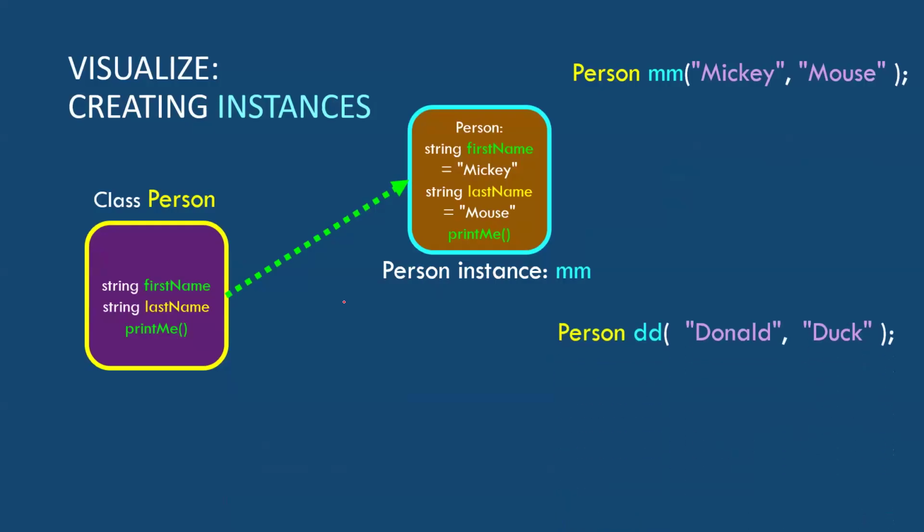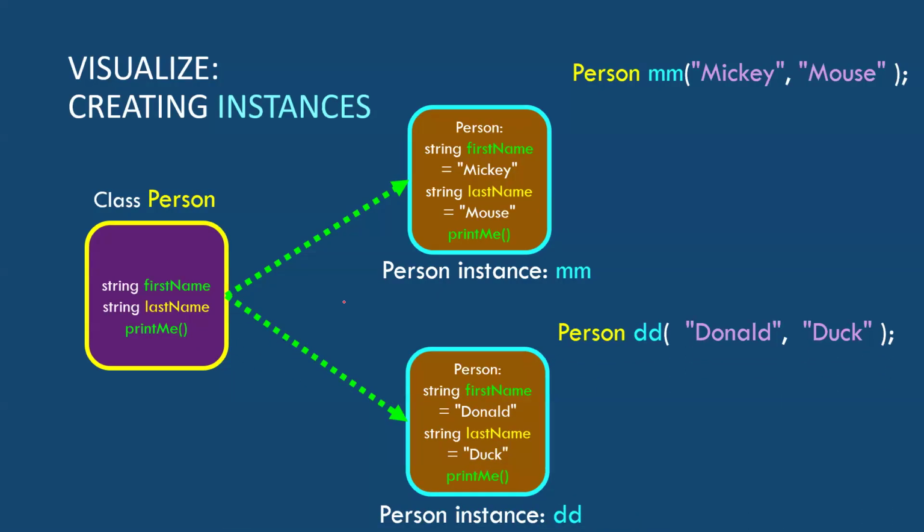Okay, so when we do this, again, just remember person is the factory, the instances are what we create, right? And so they actually carry with them not only the data members, but remember that the actual code for the print me lives inside the instance, which is kind of weird. So the actual code for that print me is duplicated in every instance. It's not back at the factory over here. This is just the template.